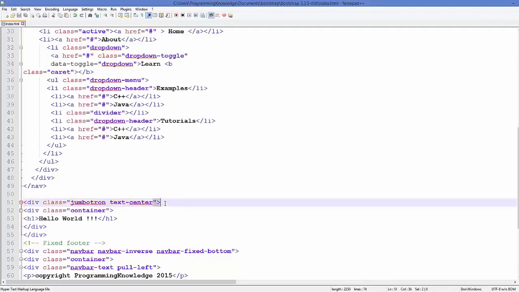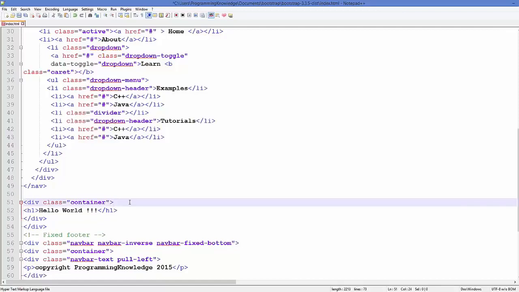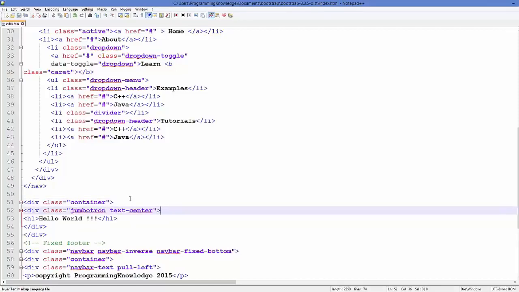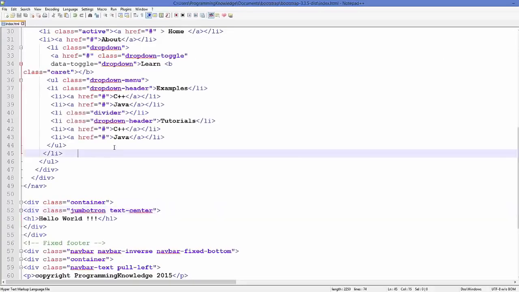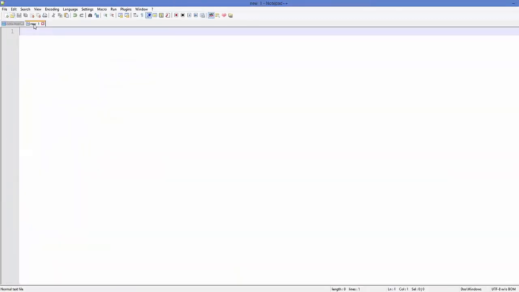So it's on you what kind of Jumbotron design you want, right? Now you may observe that this Jumbotron is merging with your nav bar. In order to resolve this little confusion, what we can do is make a new CSS class, which is our custom CSS class. So I will make a new custom CSS. I will save it as